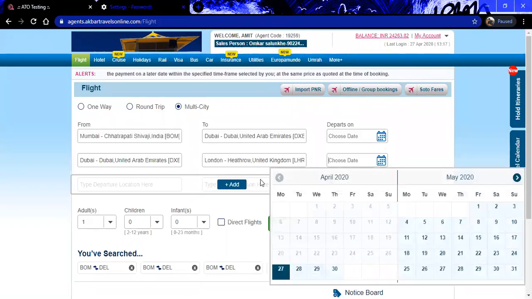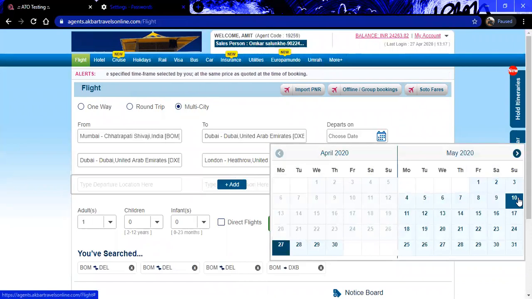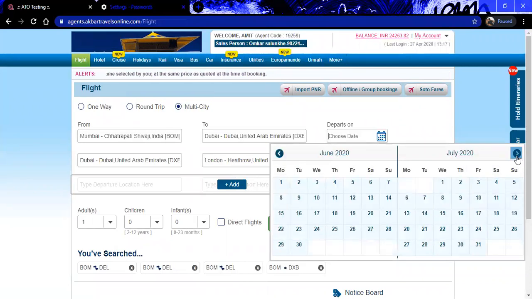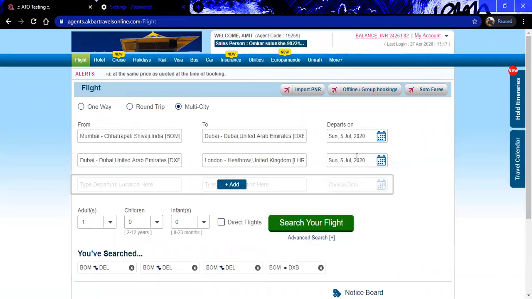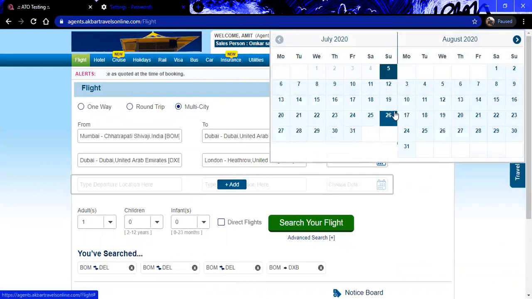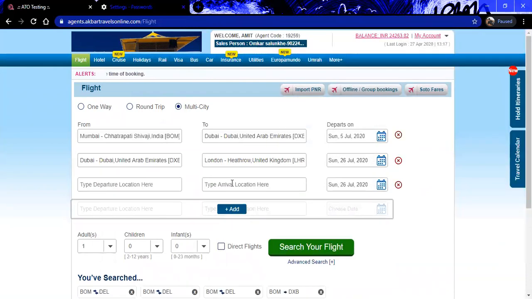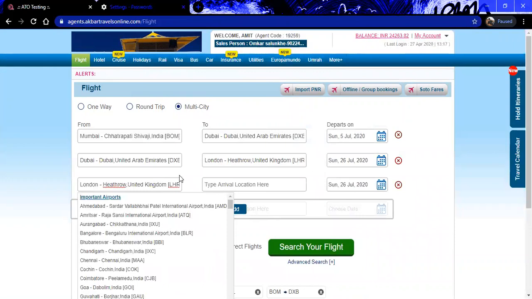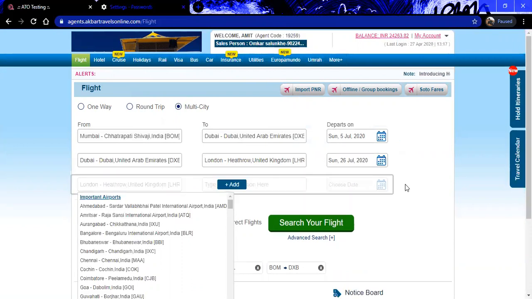Okay. So if I wish to add the sectors, I can add the sectors accordingly. The below add button is also given over here. Okay. I have to select the dates for the particular sector. If I need to add it, the next destination is auto selected over here. If I need to minus it, I can just click on X. Okay. This is minus. If I need to alter something, I can alter and say search for the flight.